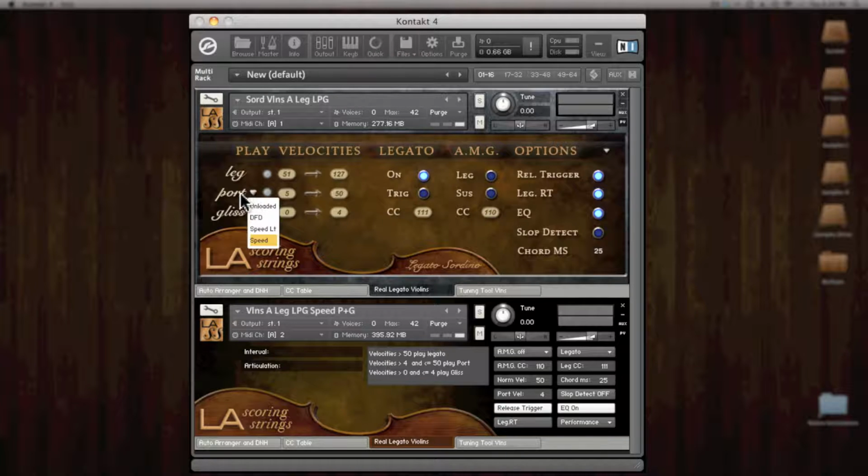These menus work independently of each other and allow you to choose just the kind of transition you want, or no transition at all. So if I wanted to turn this LPG patch into a legato-only patch, I could just unload the glisses and ports. You can now also, for the first time, create an LG patch for all you glissando lovers out there, or